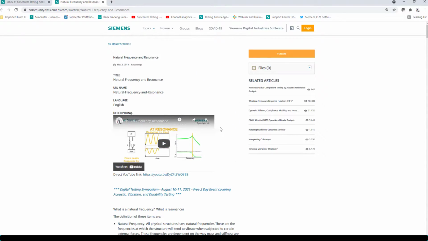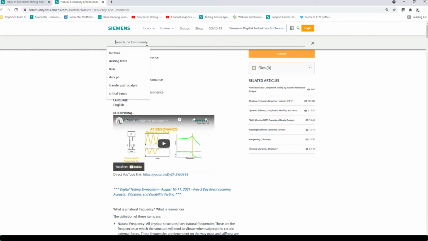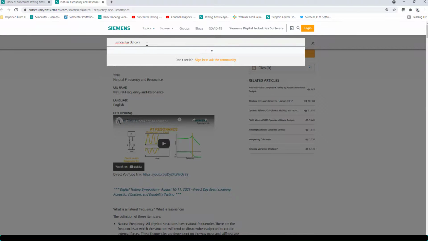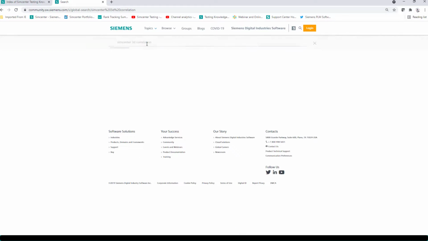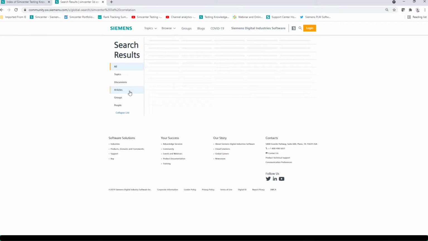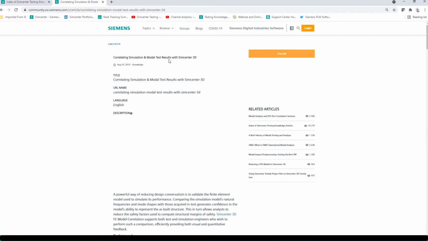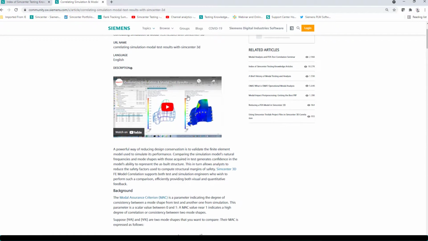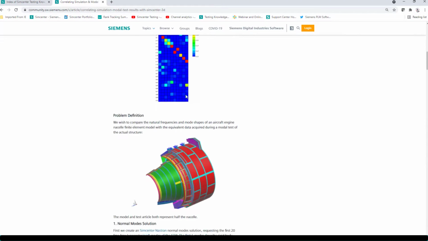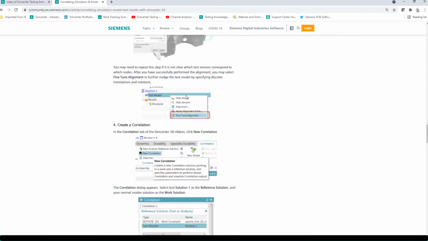And then if I was to search around, like SimCenter 3D correlation, if I was interested in updating my models, I might find articles on the topic. So, how to get Test Lab projects in SimCenter 3D, drivers, correlation, and modal simulation with modal test results, things like that we can do.